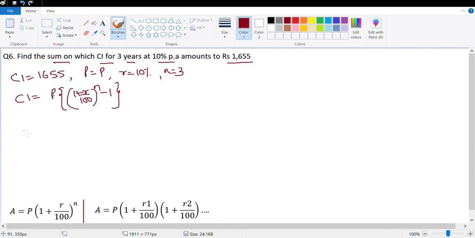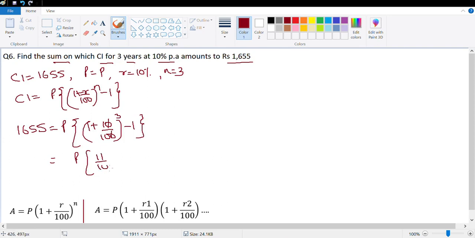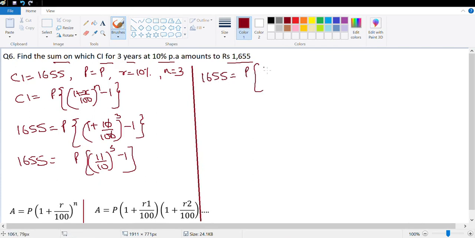So compound interest is given equal to 1655. This is equal to principal times 1 plus 10 upon 100 raised to the power, in this case 3, minus 1. So this is P times 11 upon 10 cubed minus 1. That's equal to 1655. Okay. What this means is 1655 is equal to P times 11 cubed, that's 1331 upon 10 cubed, that's 1000